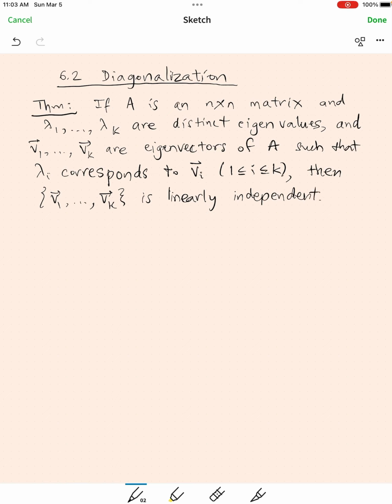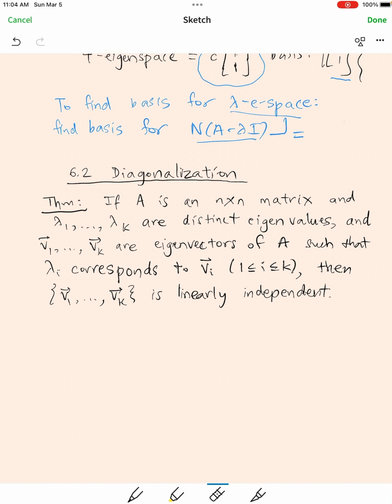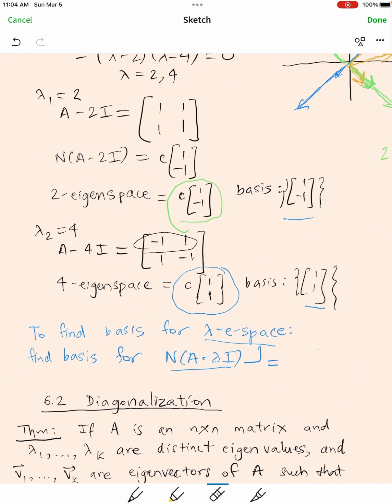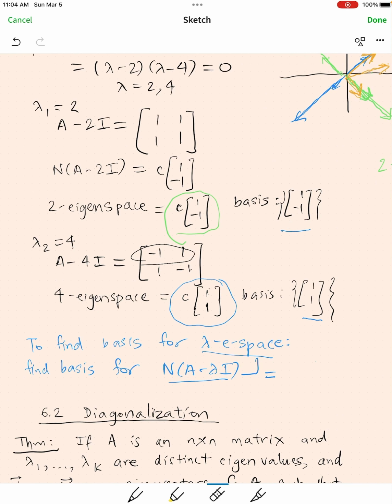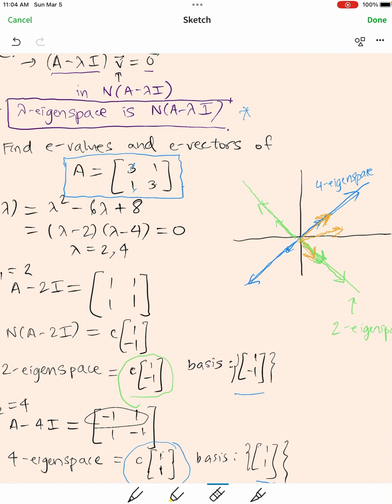Okay, that's something we won't prove, but let's just take a look at an example to illustrate this. So going back to the example above, here you have this 2 by 2 matrix, right? 3, 1, 1, 3. And okay, let's say you take two eigenvalues. There's only two eigenvalues, 2 and 4. And if you take an eigenvector corresponding to the 2 eigenspace, right, with eigenvalue 2,